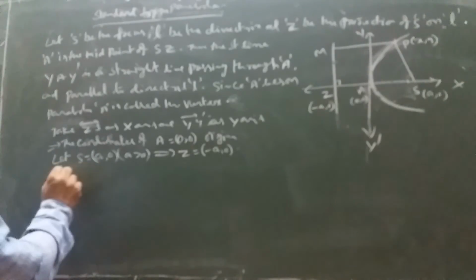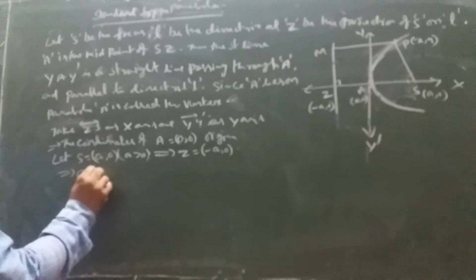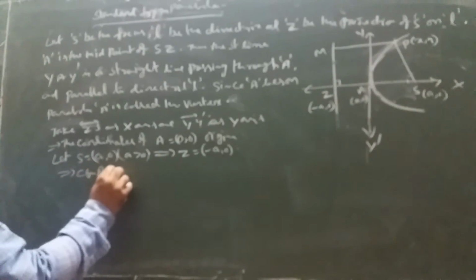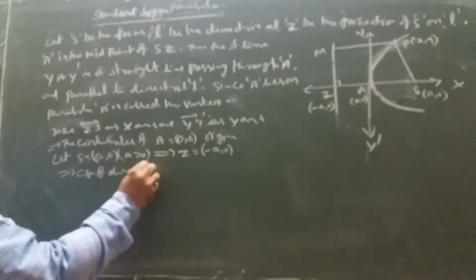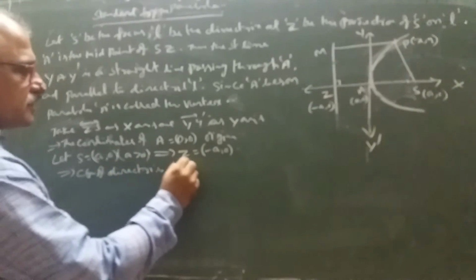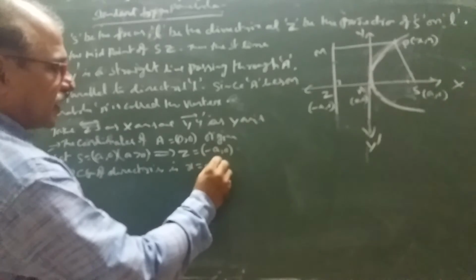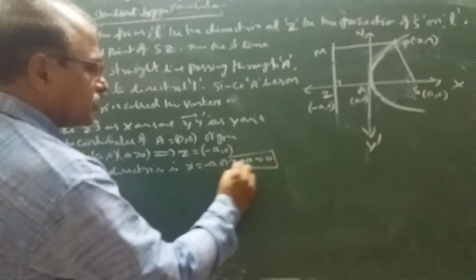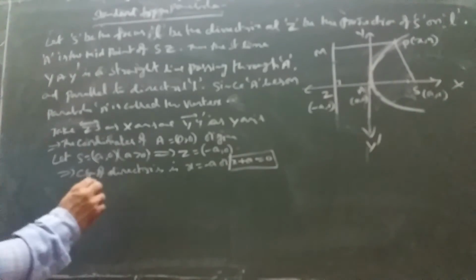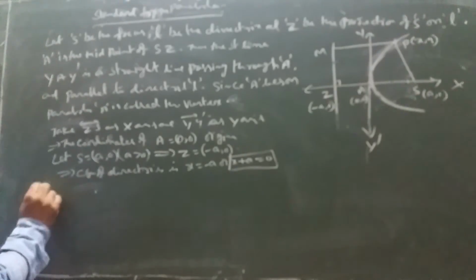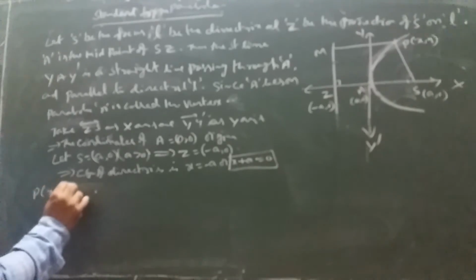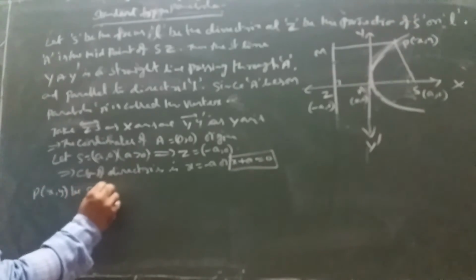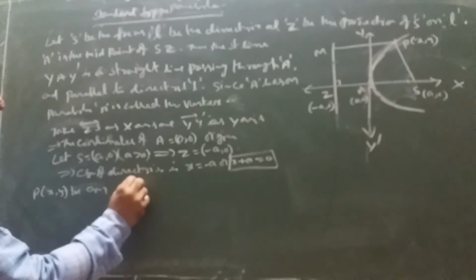Okay, that implies the equation of the directrix is x equals minus a, or x plus a equals 0. This is the equation of the directrix. Now take P(x, y) to be any point on the locus,